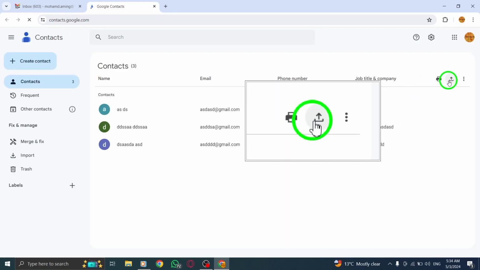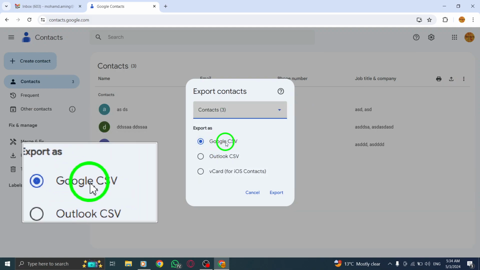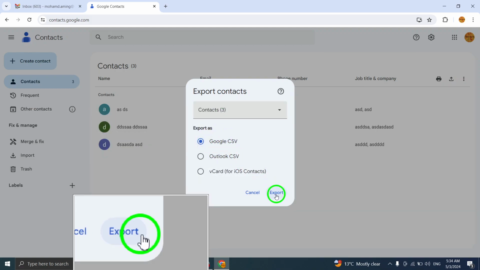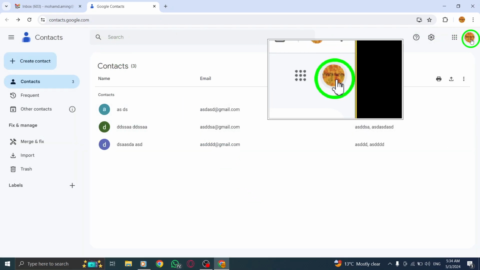Within Google Contacts, click on Export at the top right corner. Select the contacts you want to export and choose Google CSV, then click Export. After exporting the contacts, click on your profile picture at the top right and select Sign Out to log out